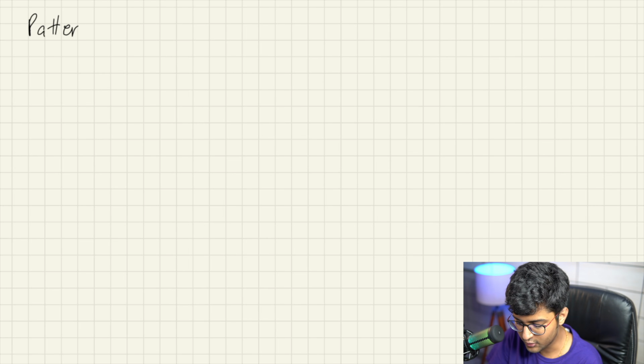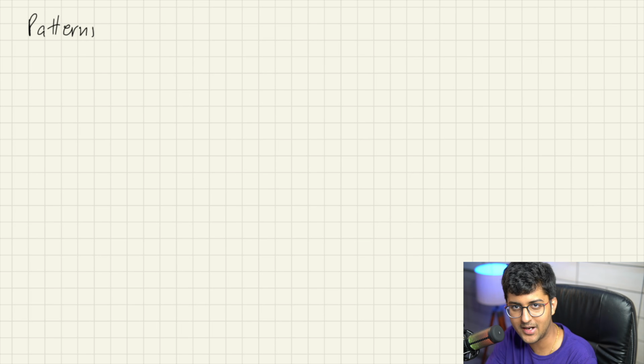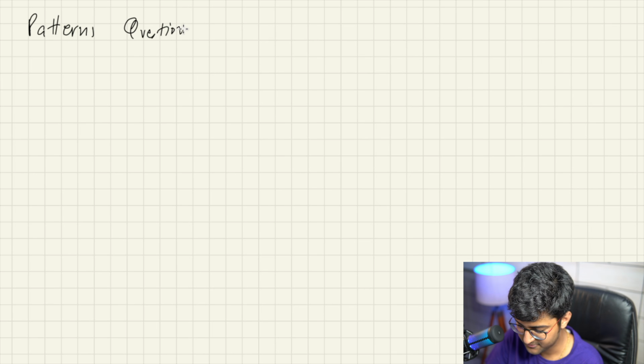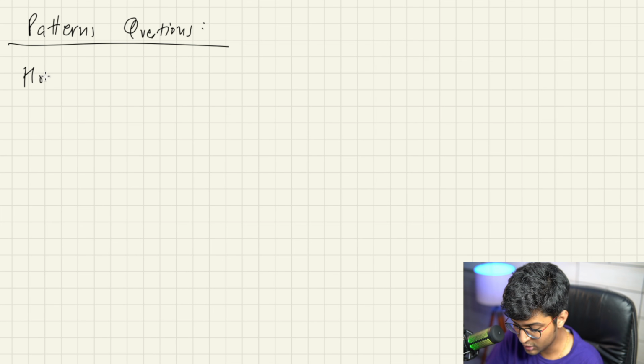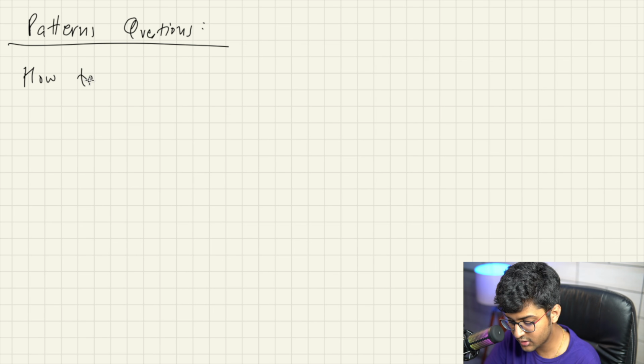Let's look into it. So the prerequisites, very simple. We have already covered loops. So the prerequisites are loops. You should know about loops and stuff. I think if you are so far in the playlist, you might already be knowing about it. Patterns, questions, tricks, how to approach a problem. Via this trick, you can solve any problem of patterns. How to approach?